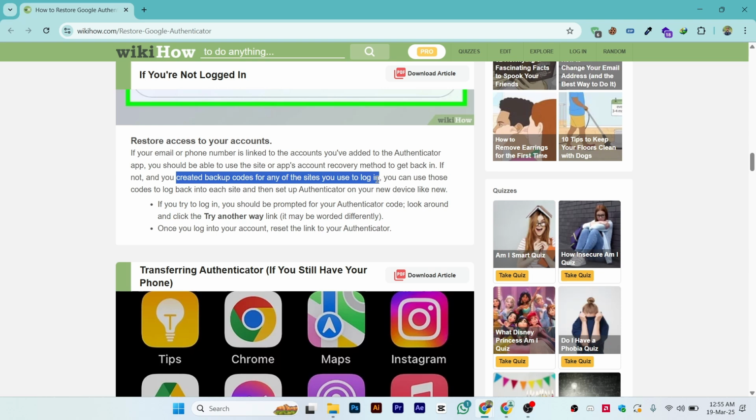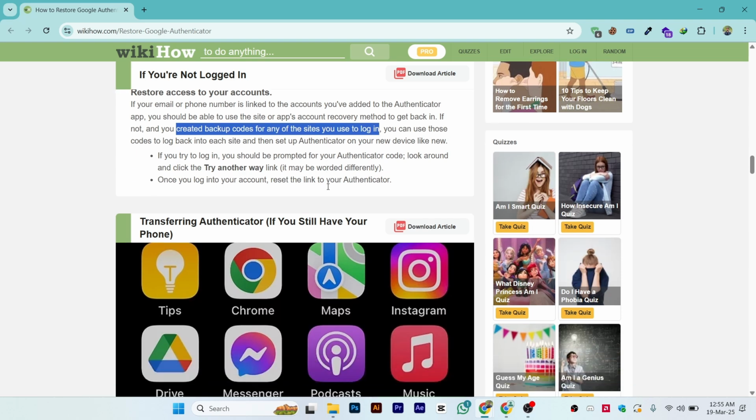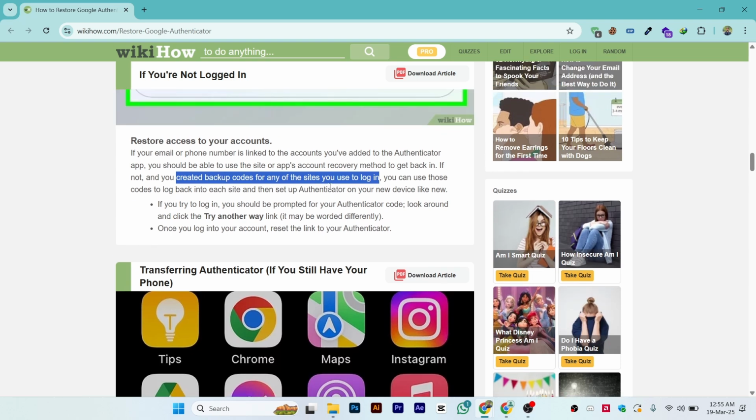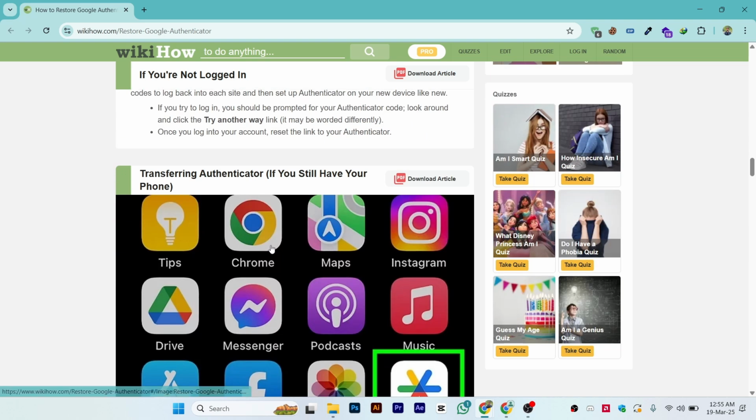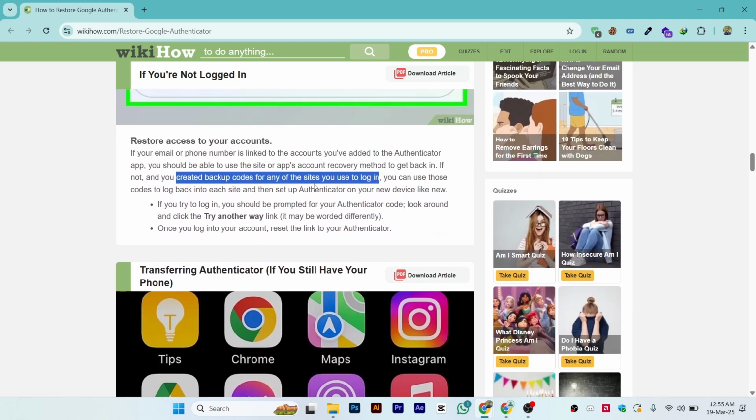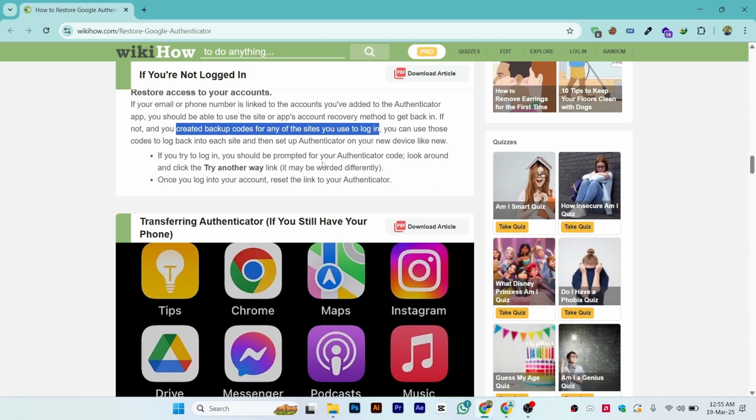Every application or every website gives the option to create backup recovery codes without needing Google Authenticator. So you can just copy those codes from those websites, either it's Facebook or any other website. Just copy those codes, save them to your phone, and you will be able to log in with those codes